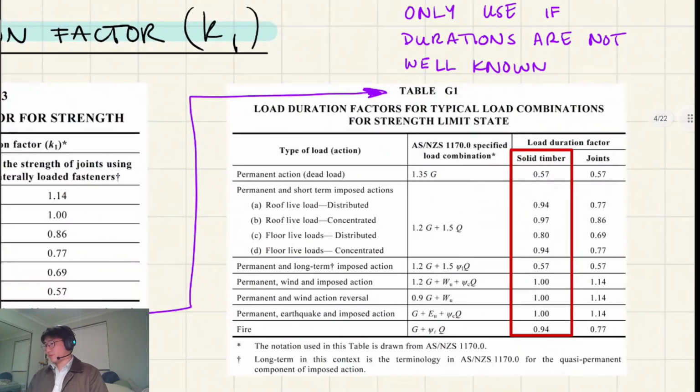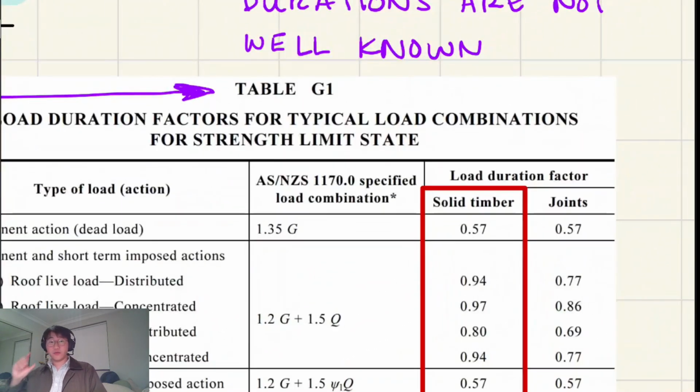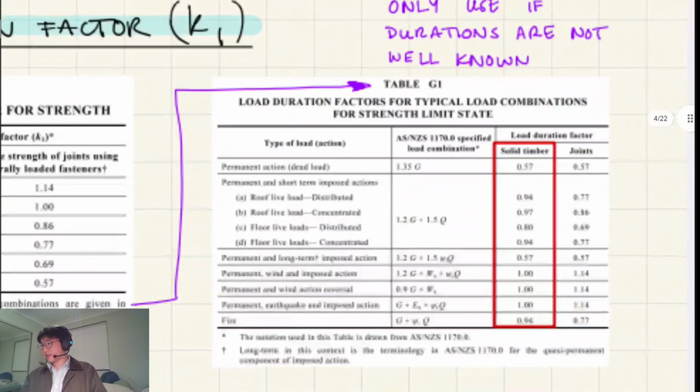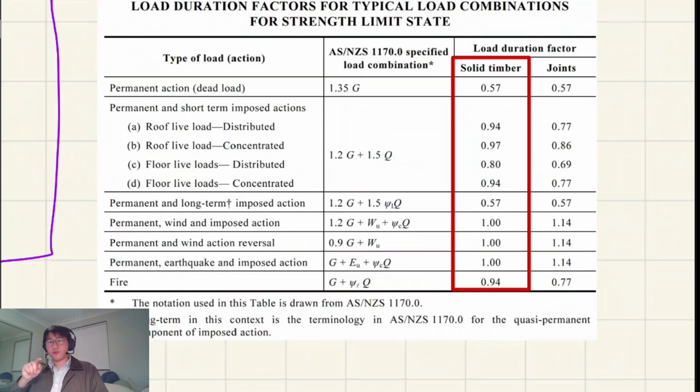Essentially, when something's governed by wind, let's put it like this, the shortest action involved will govern which K1 factor you should use. So what I mean by that is when only dead load is applied, which is the 1.35 G case, you're using the worst case scenario, where you've lost 43% of your strength. And then when you use 1.2 G and 1.5 Q, it's governed by Q, which is your live load,